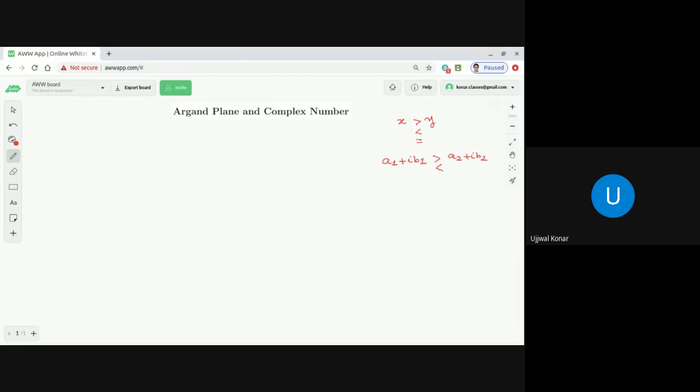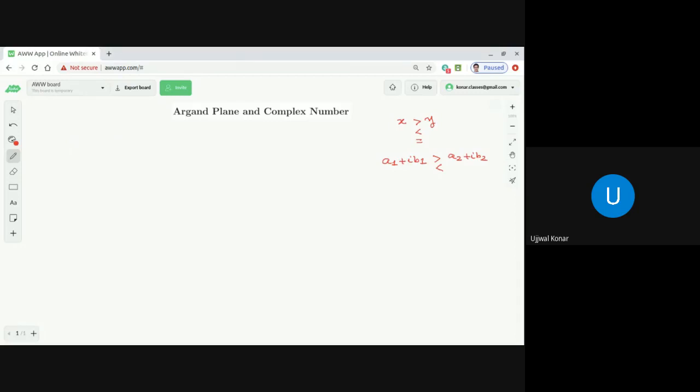You know why, dear students? Because yesterday we talked about a1 plus ib1, or in general a plus ib, and what it represents. It represents a complex number, but the plus is not actually a summation. It is not adding a1 and ib1. It is a representation that it has a real part and an imaginary part. For example, in a1 plus ib1, a1 is the real part and b1 is the imaginary part.